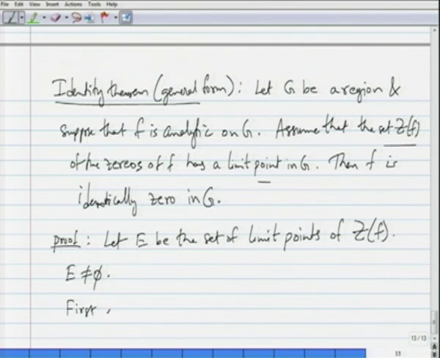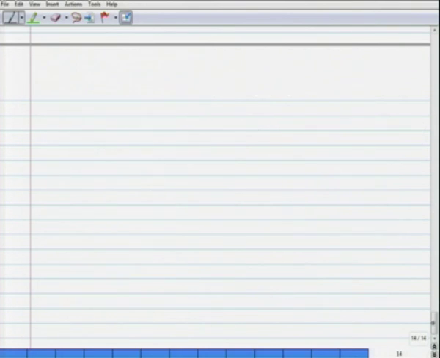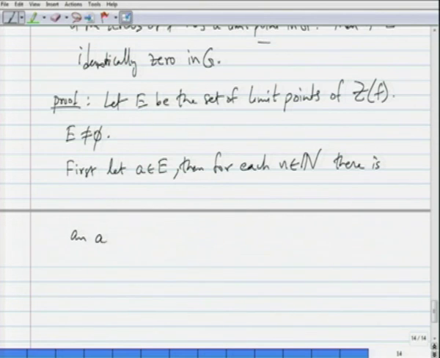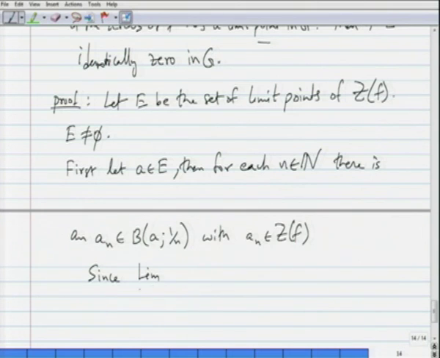Okay. So, first let a belong to E. We will show that a is in Z of f. Okay. Then for each n belonging to the naturals, there is an a_n belonging to the ball of radius 1/n around a, with a_n belonging to Z of f. Okay. So, this sequence a_n, since the limit as n goes to infinity of a_n is equal to a, by continuity of f,